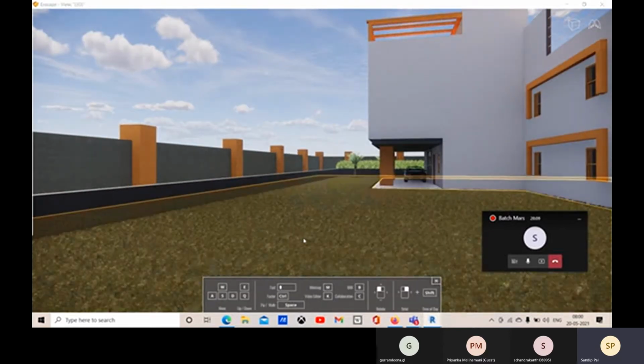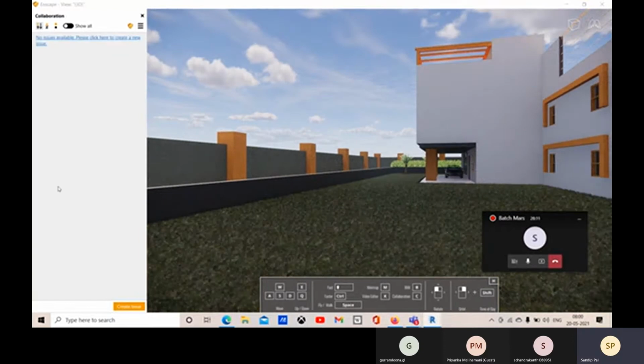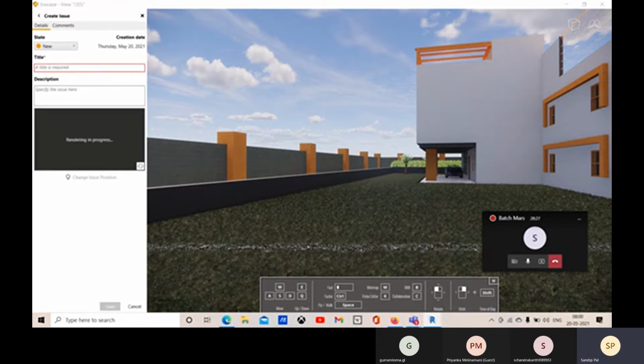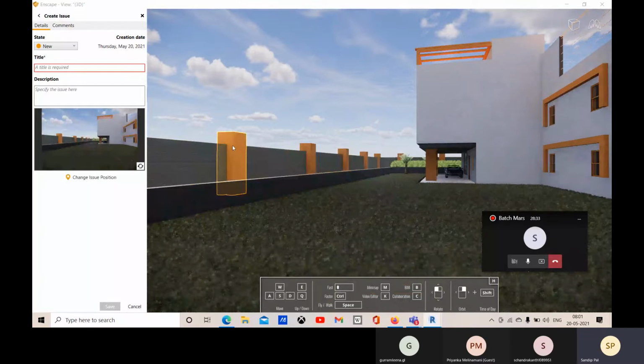We have another option that is for collaboration. Here you can create issues if there are some. Just click on create issue, and just a second, it's rendering the image.